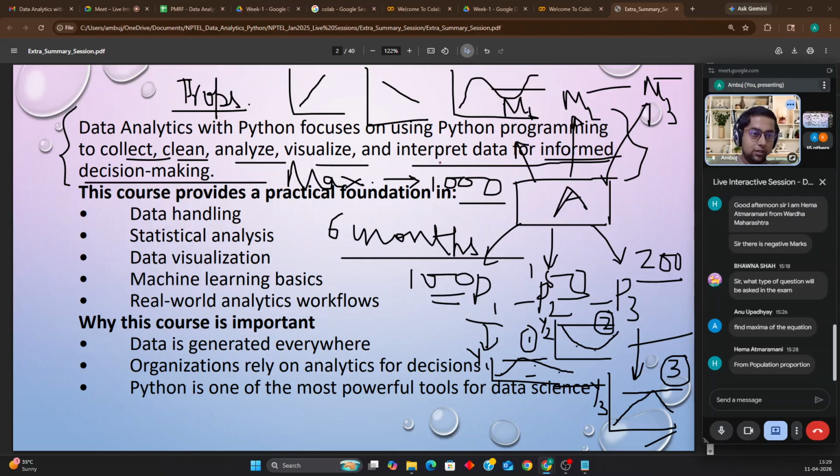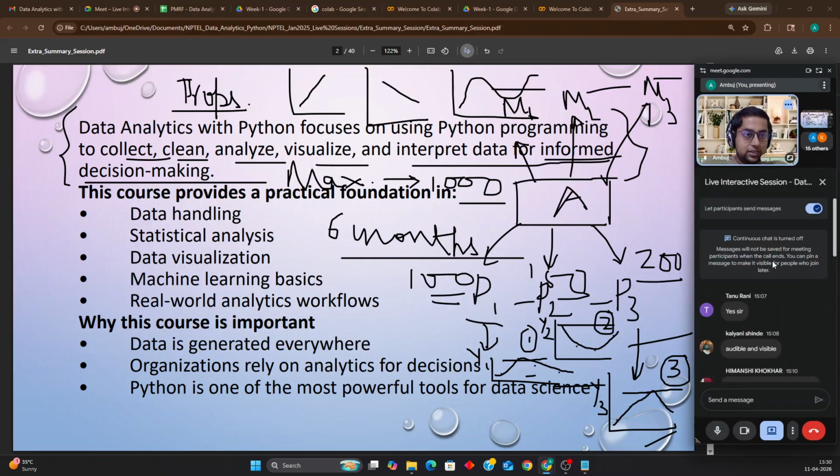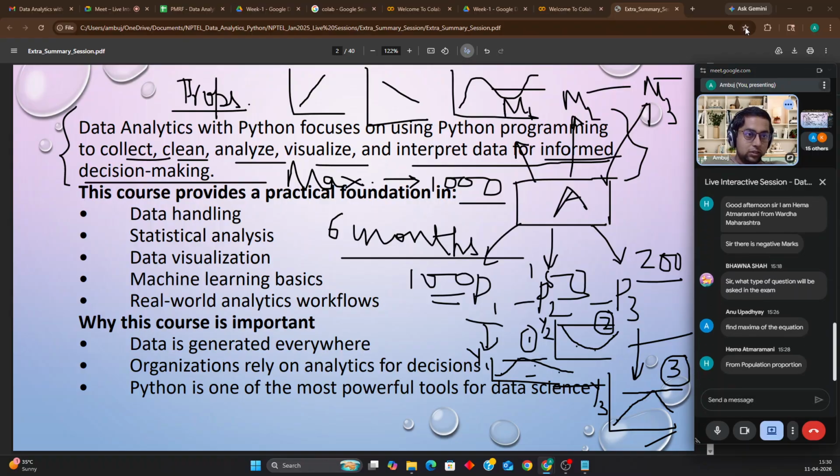Yes, anybody? You can unmute yourself. There is no need to feel shy or hesitant. This is probably the second last session. After this, you won't have the chance to communicate with me, so utilize it to the maximum. Ask your doubts, or otherwise tell me what I am asking. Anybody who wants to interact, please go on. No idea.